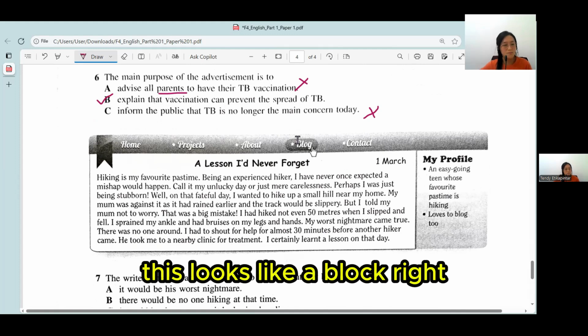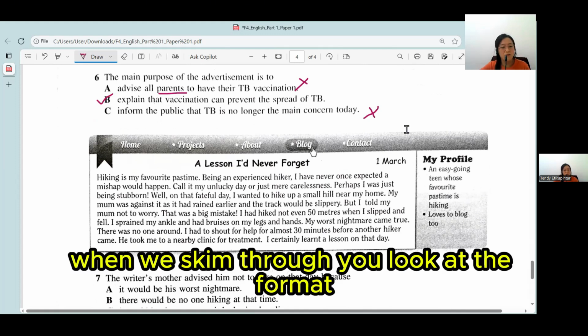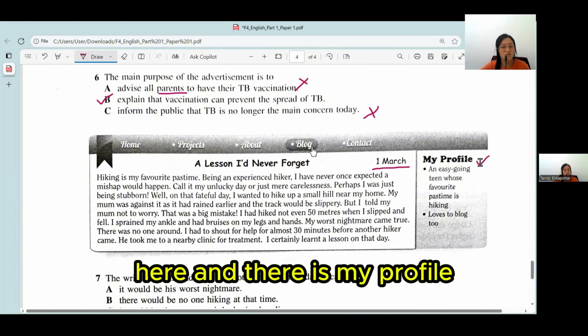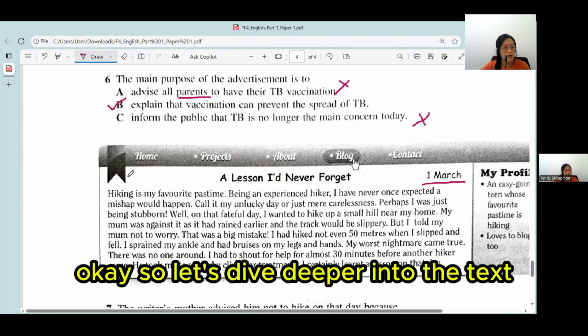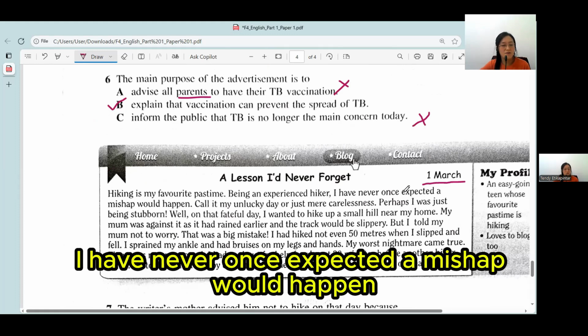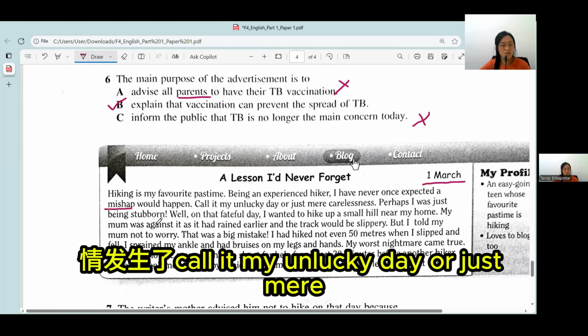Next, number 7. This looks like a blog, right? When we skim through, you look at the format. It looks more like a blog because there's date here and there is my profile. Okay, so let's dive deeper into the text. Hiking is my favorite pastime. Okay, being an experienced hiker, I have never once expected a mishap would happen. Mishap means 不幸的事情发生了。